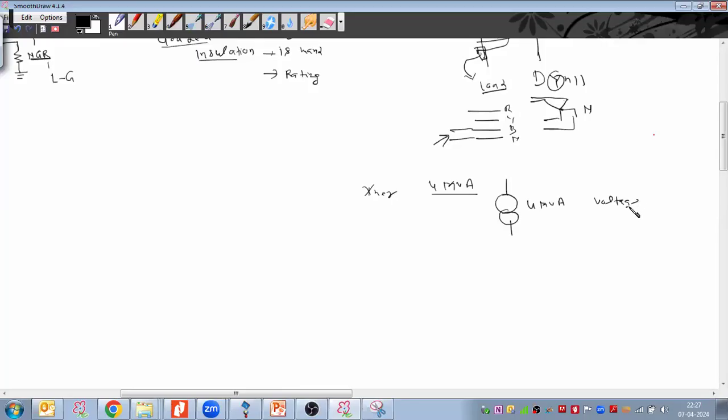When the voltage is changing, accordingly the current is changing, right? Frequency also you're putting. Yes. So this should be loaded based on 4 MVA, and this should be loaded again based on the 4